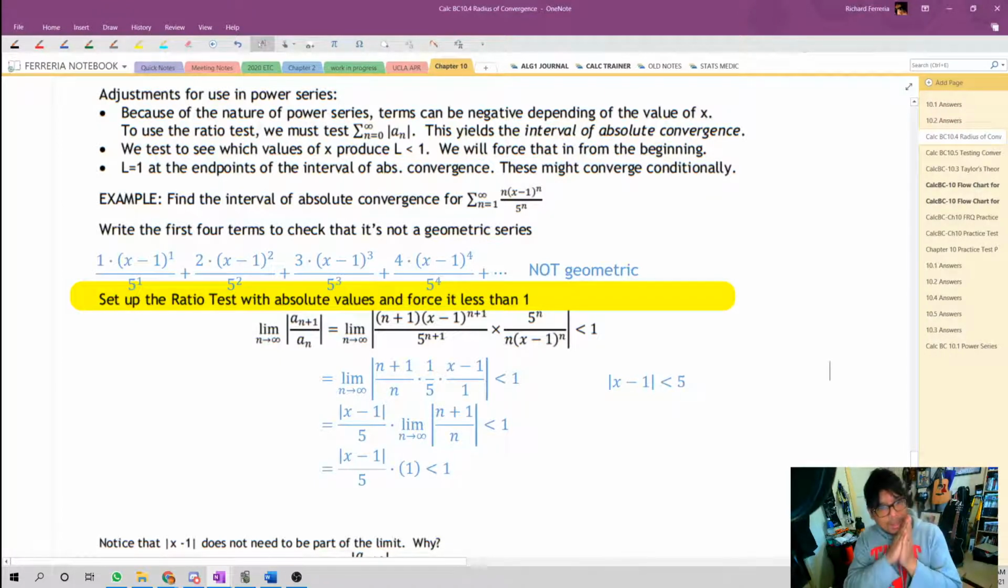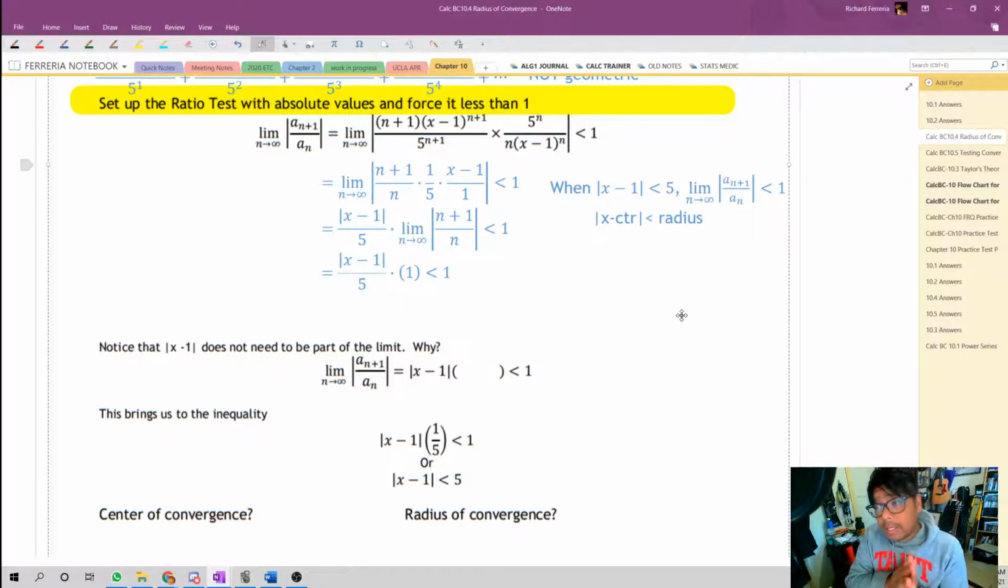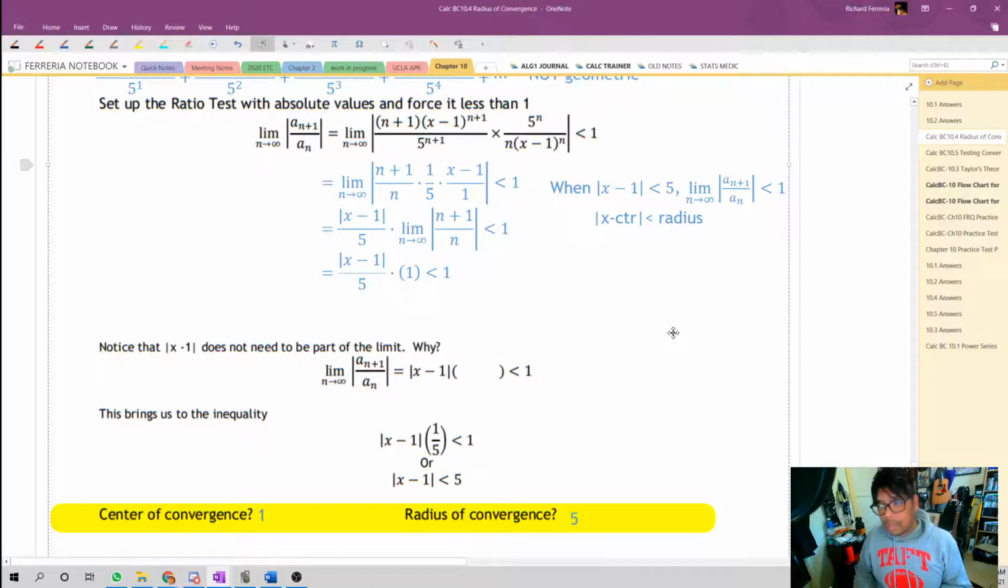So this says that when the absolute value of x minus 1 is less than 5, then the ratio test is less than 1. Let's not lose sight that this came from a ratio test. So all we need to do is say that the absolute value of x minus 1 is less than 5, and then my series is going to converge absolutely. Let's compare that to x minus center is less than the radius, and we can see that the center here has to be 1. We can also see that the radius has to be 5. So bringing it all down,